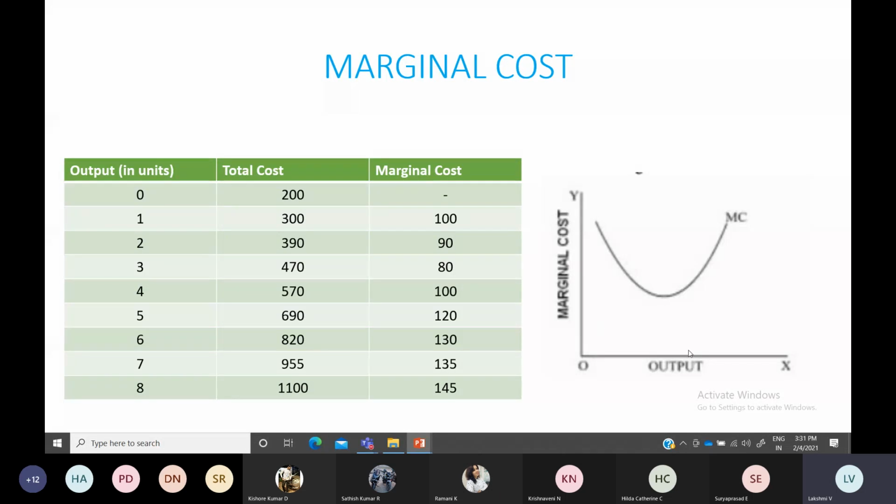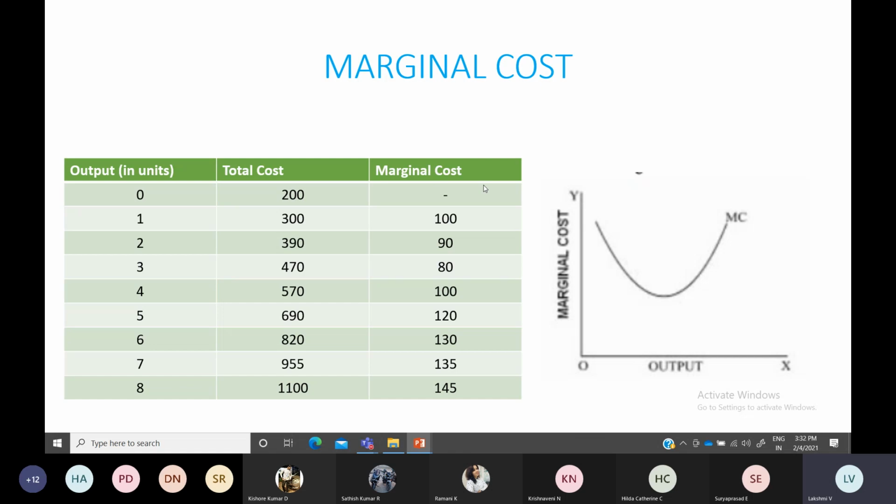So again, x-axis is output, y-axis will be your cost. How we are obtaining it means, for raising one unit of additional output, your total cost is also increasing, because your variable cost is increasing. I think you can understand this one. Fixed cost is constant, but variable cost keeps on increasing as each unit of output is produced, so total cost is also increasing here. So from total cost we are going to calculate this marginal cost.